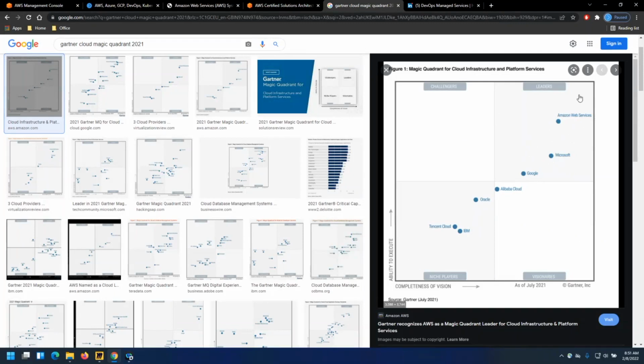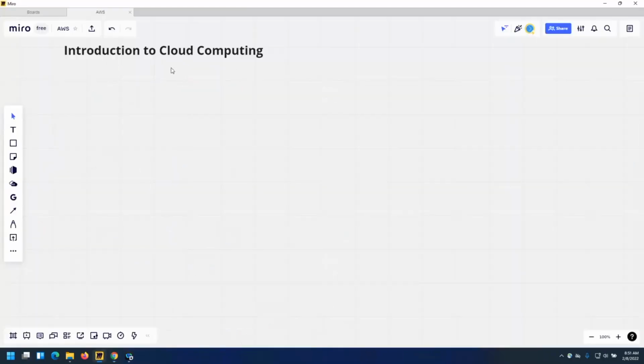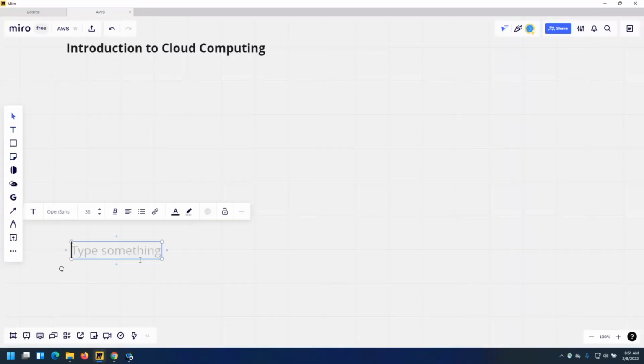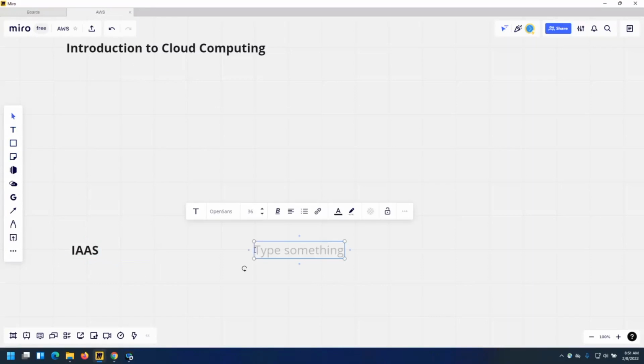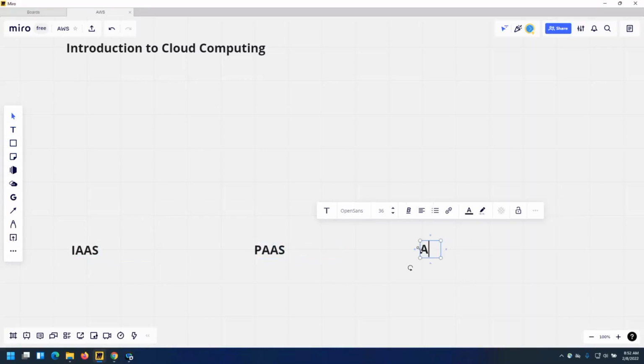Irrespective of who is providing the cloud services, if I go back to here, your cloud vendors will offer the services in the following ways: infrastructure as a service, platform as a service, software as a service, and the other one is disaster recovery as a service.